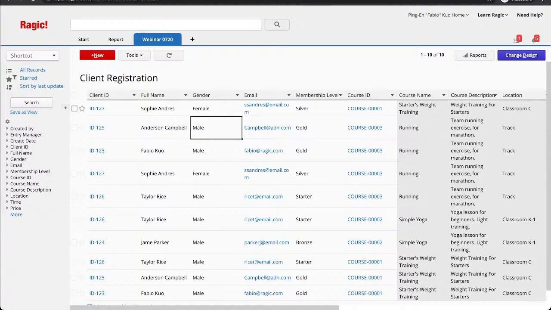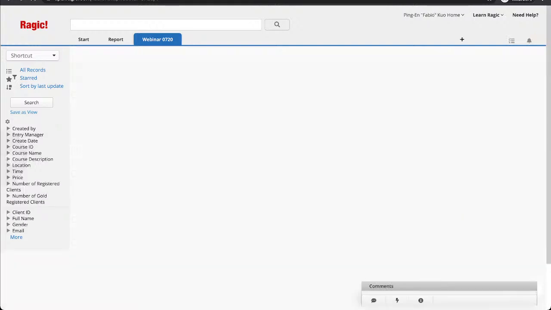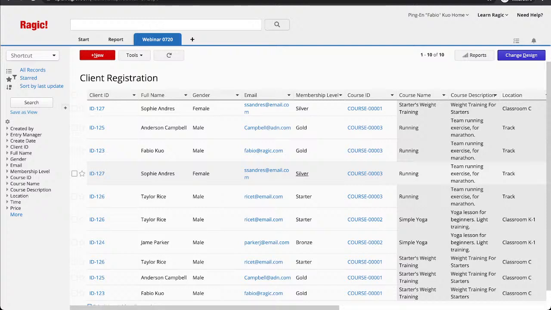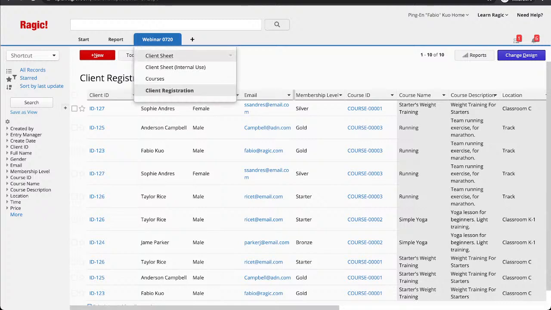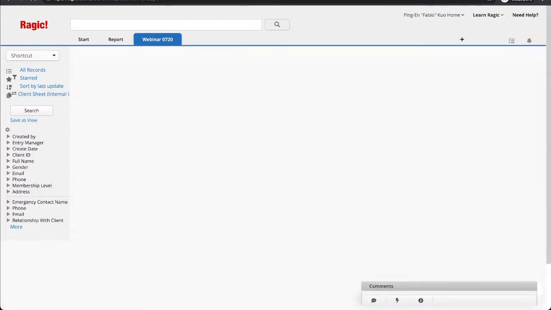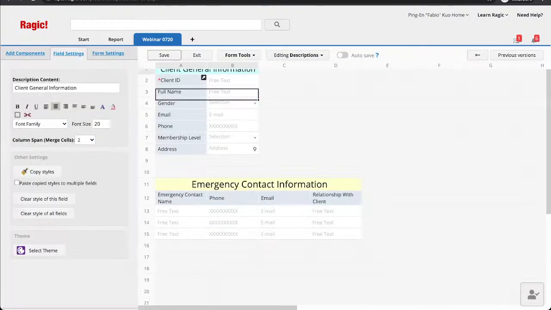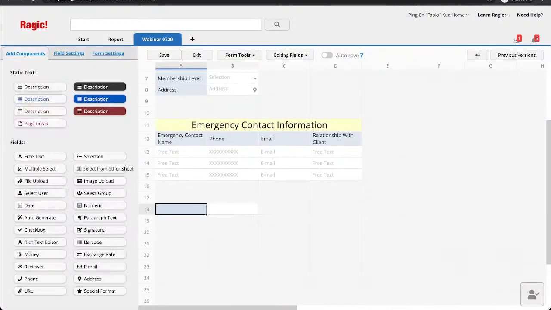And since we have done link and load with our user ID, I went to the page before with the client ID, we can link the client registration back to the client sheet. So let's do this. Client sheet. Go to the design mode and go to registered courses.